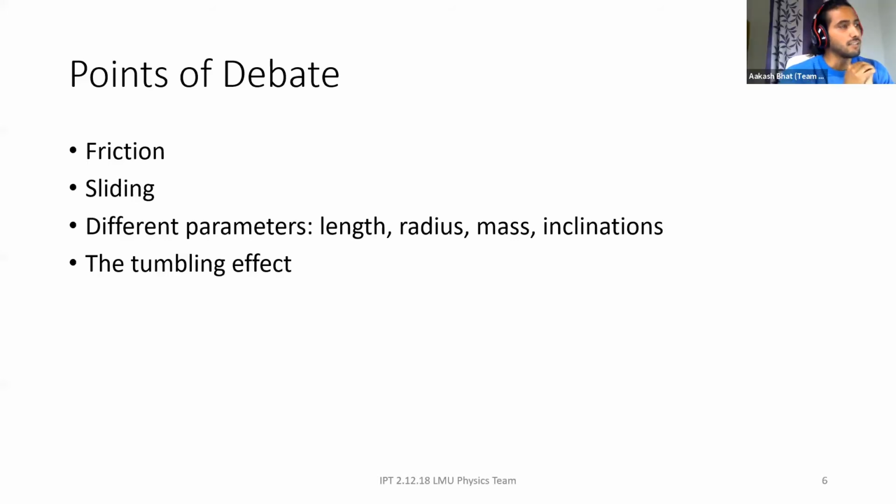Yeah, I understand that, but I wasn't sure if you had that slide because I couldn't see it. The time it takes for this thing, especially because of the different inclinations, will change because of friction. You can't just say that the ball will go, and that's what I'm saying. But what do you think, how would that change? And also, how would you consider sliding? As I said, when the ball hits, the capsule is rotating, but it's also sliding, right? Because that's what the friction model would say, the